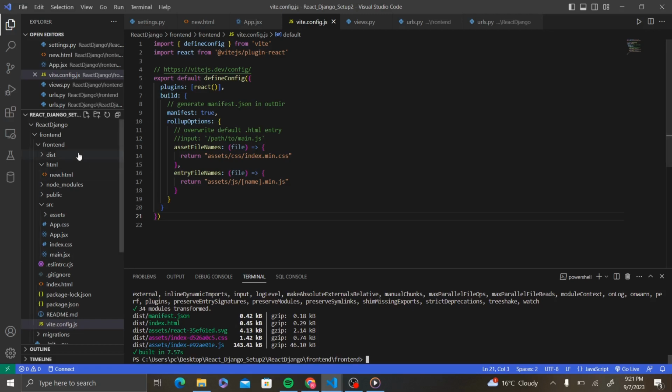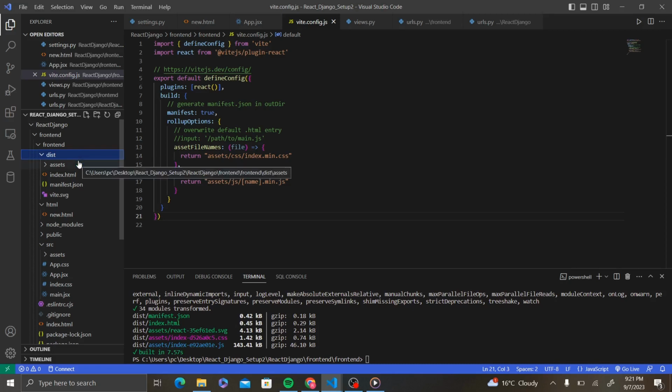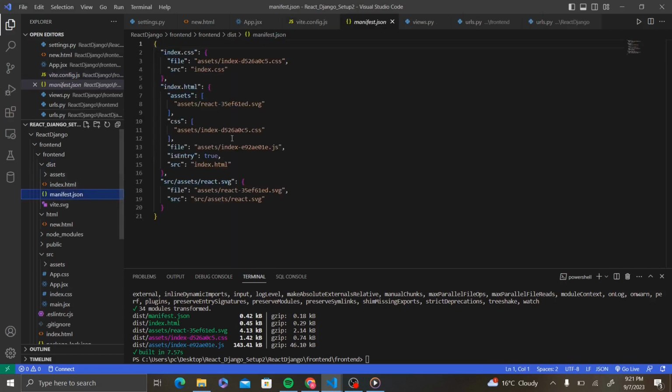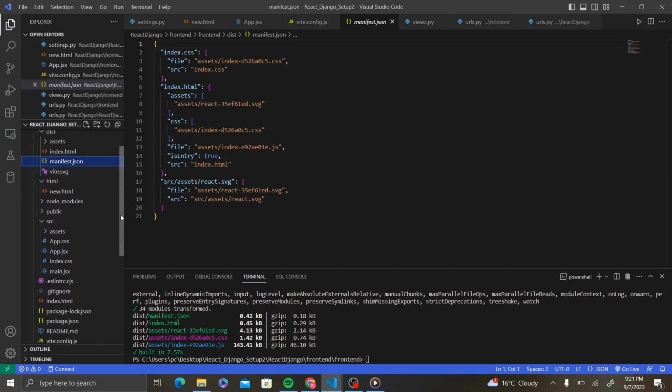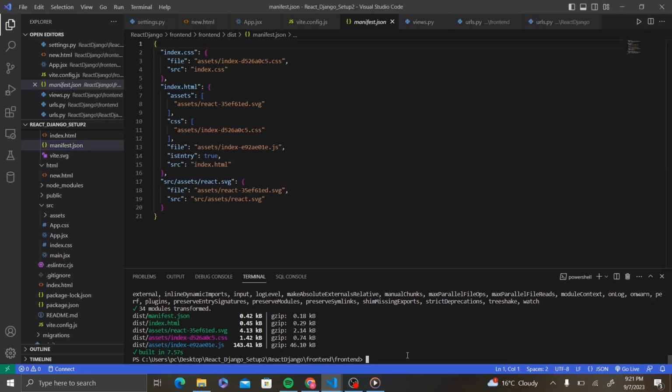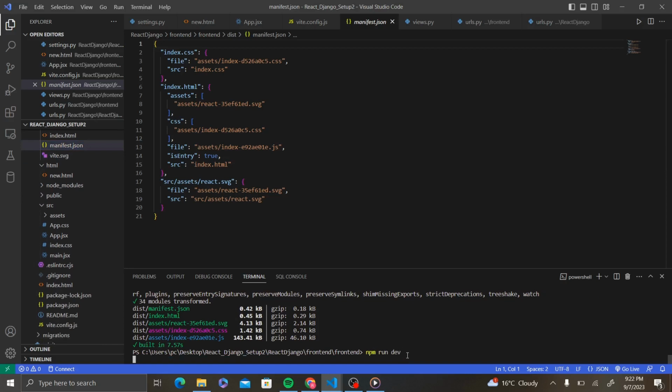Yes, so you can see here this folder, that's the new build folder. I prefer build, but it's okay. When you come to a manifest.json, you can see the index.css file, that's the source, the index.html, everything, the assets, they're all there. So if we now npm run dev,